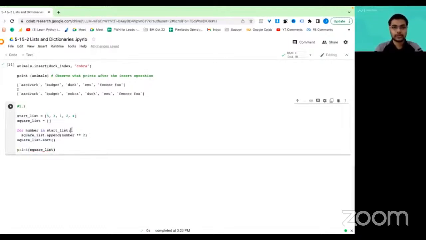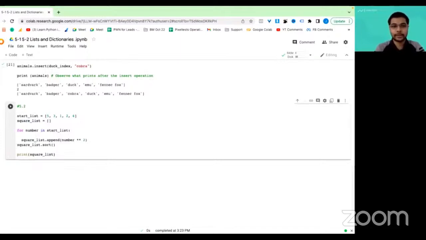So just to help you with what number is holding right now, I'm just going to write print, current number is, give space, say,